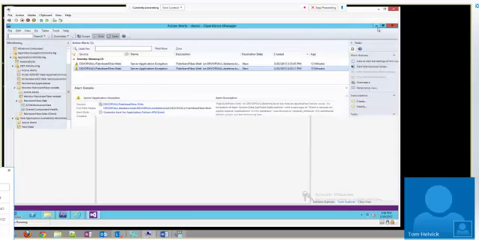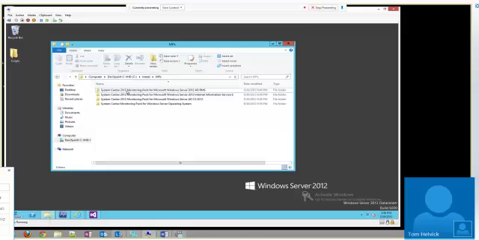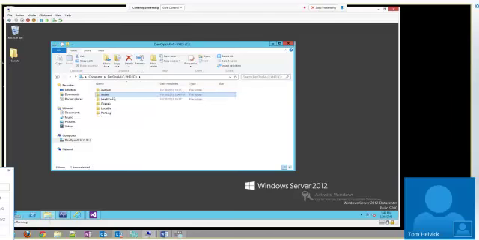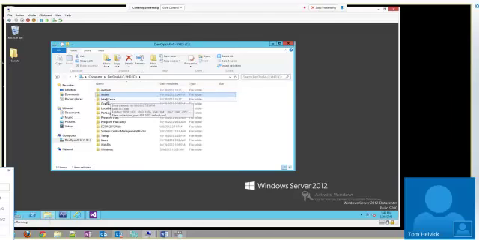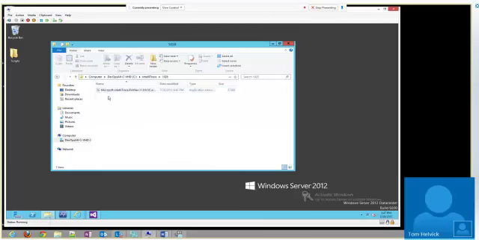On this server, I'm going to minimize to the desktop. As I mentioned, I have these management packs out there. This is the one I'm making the most use of, and then IIS 8. If I go out to my root drive, I've created a folder called IntelliTrace, and I really just copied the runtime folders for the IntelliTrace Profiler out here.